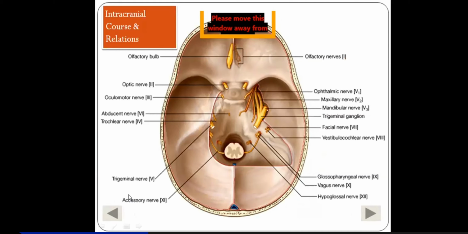Now, this is where you find the facial nerve's intracranial course. First of all, you must remember that this is the fold of the dura, the tentorium cerebelli, that has been cut to expose the posterior cranial fossa or the subtentorial compartment. That means you should remember that the facial nerve emerges in the posterior cranial fossa, and it completely stays there. It doesn't move to any other cranial fossa, unlike the abducent nerve, which emerged in the posterior cranial fossa, crossed the middle cranial fossa, and reached the orbits.